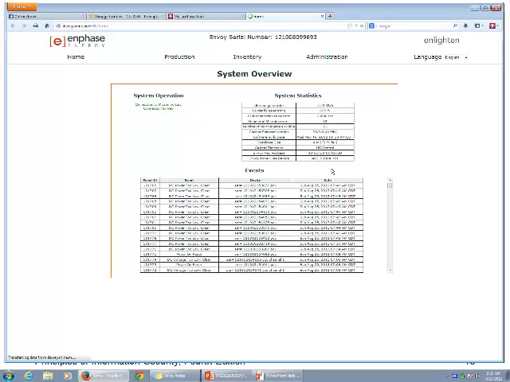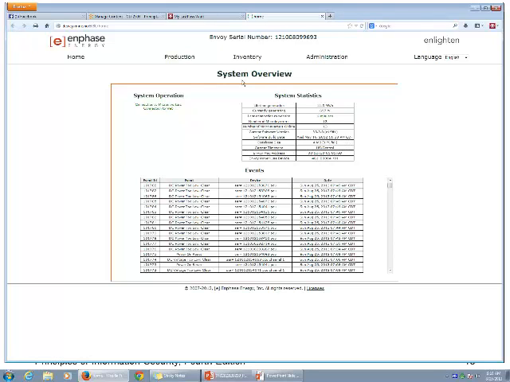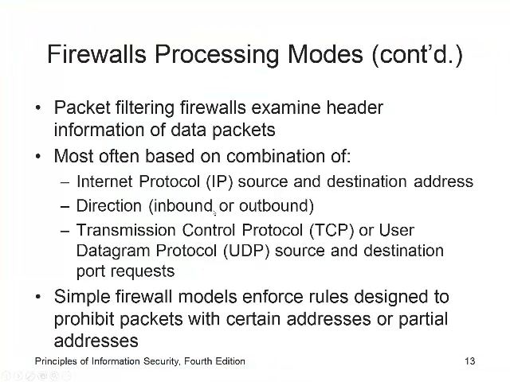This is my solar system at home. I'm currently generating 496 watts, which is not a lot. But am I really worried about other people seeing this? I mean, you can see this, obviously, but you can't affect it in any way. You can't take it offline. You can't do anything to it. But just by the fact that I know the username and the port, I was able to access it. And that's kind of what they're talking about here.